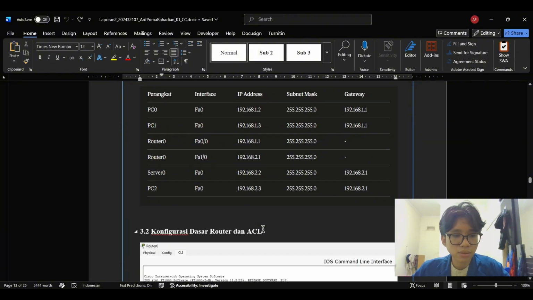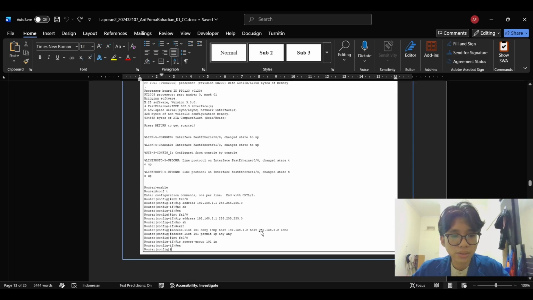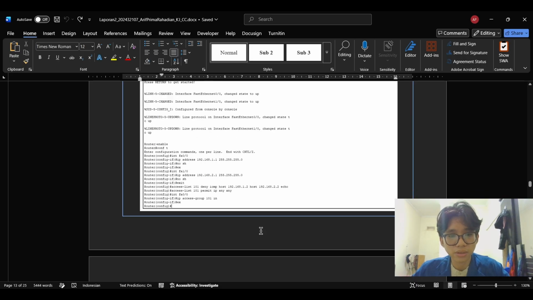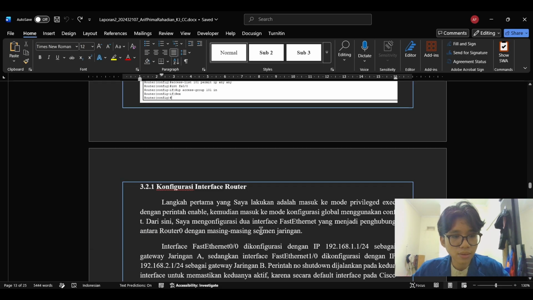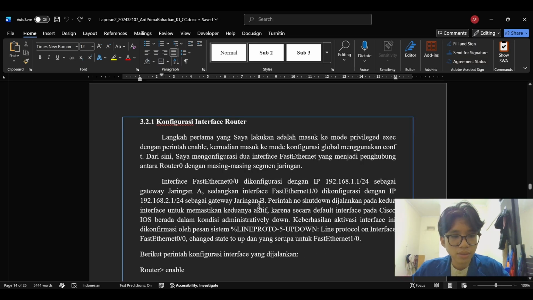Now let me explain the first step of the configuration, which is setting up the router interfaces. I start by entering privileged EXEC mode using the enable command. Then I move into global configuration mode with conf t.